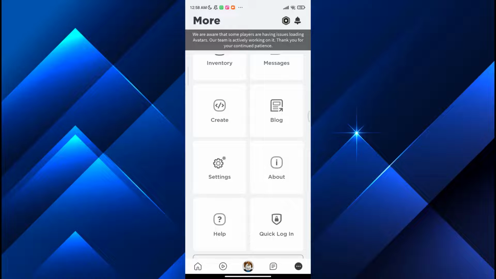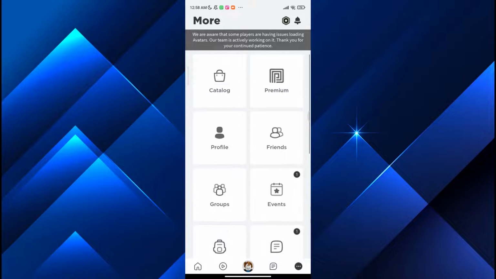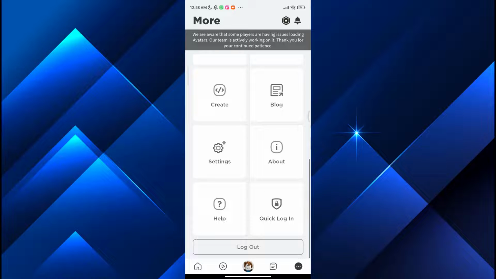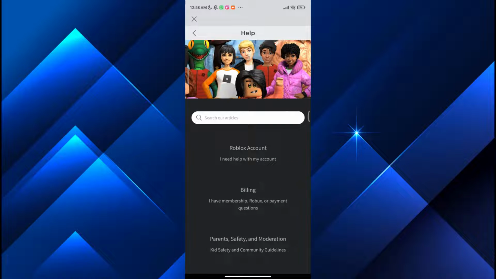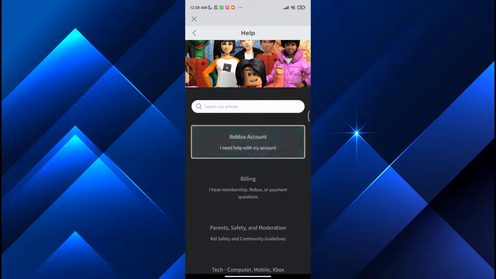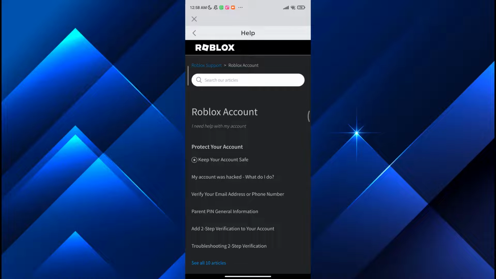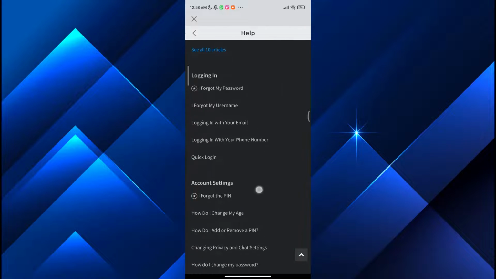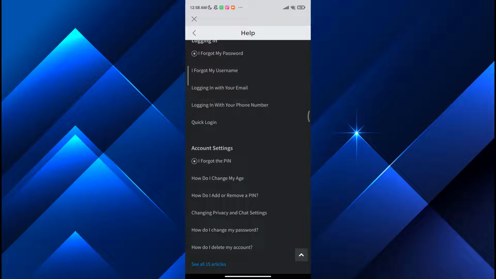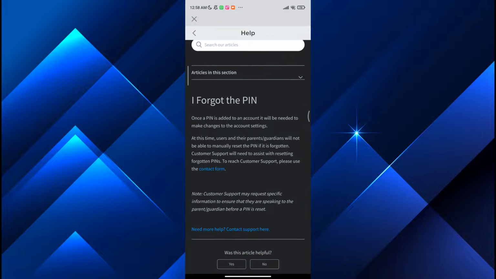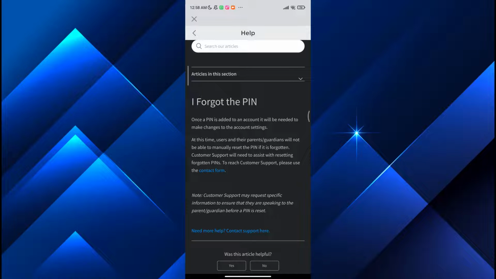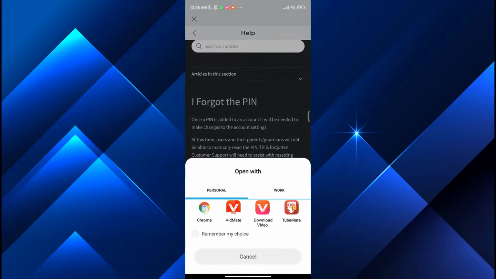go back once again. Let me show you once again. Just from top to down, press on help. After pressing on help, just scroll down and then tap on I need help with my account, the first one. Just press on that and scroll down in the account settings. The first option, I forgot my pin, press on it and then just simply press on contact form. Just contact, open in Chrome,